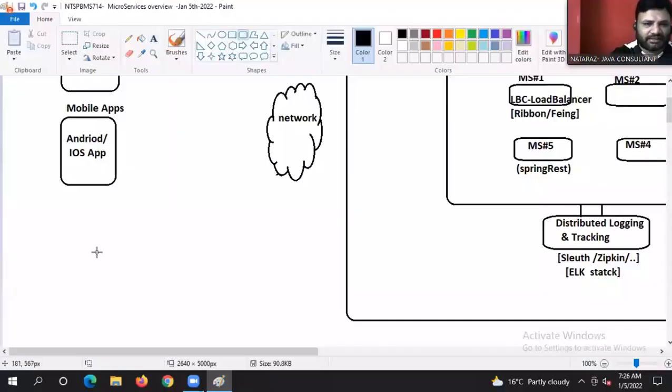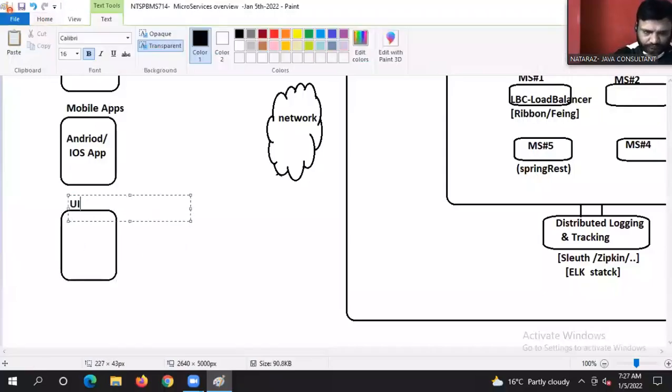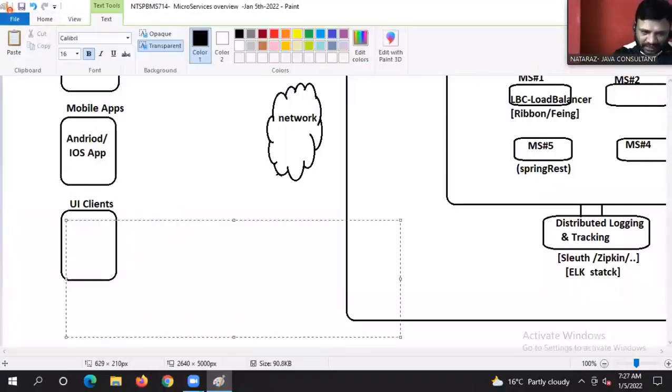Tell me, what are the other possibilities? UI clients: Angular, React JS.